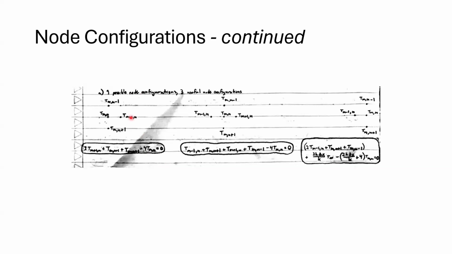Like I just said, we've got that left side configuration, right side configuration, and the center interior node configuration. And we can create a MATLAB script to have all of these temperatures automatically calculated for